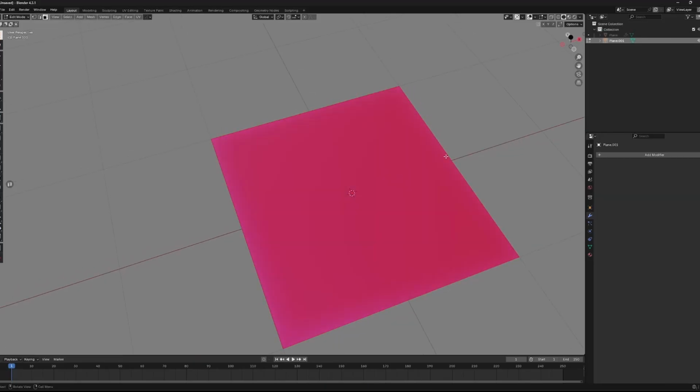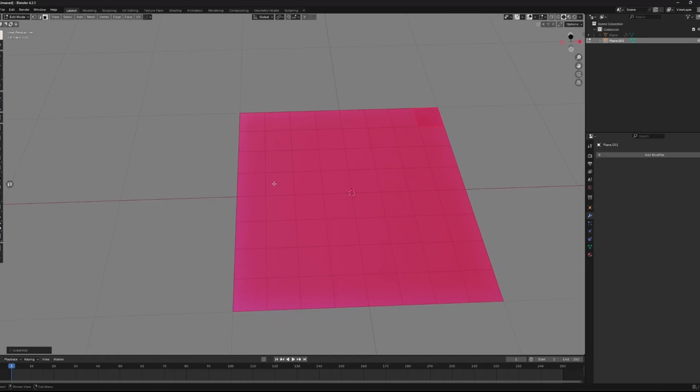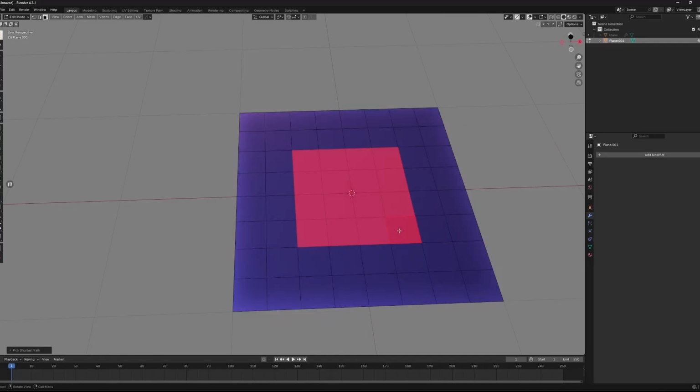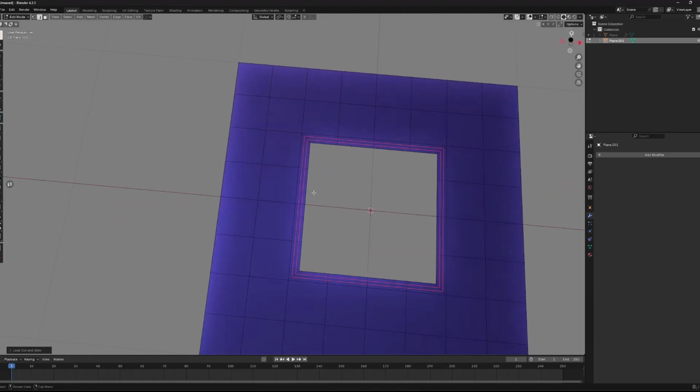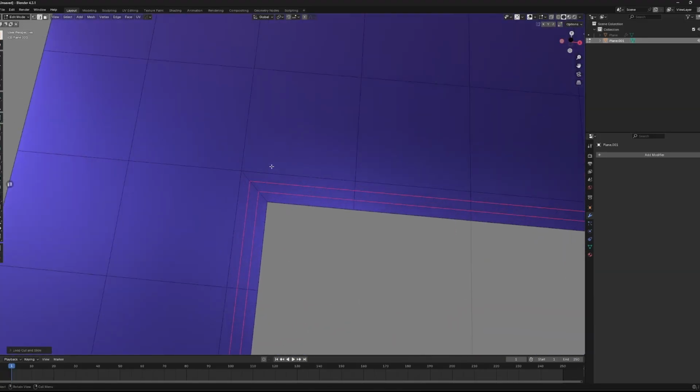we want to firstly make sure that we have evenly distributed quads. And then from there we can set an inset, create two more edge loops around our inset structure, add our holding edges, and then if we want to